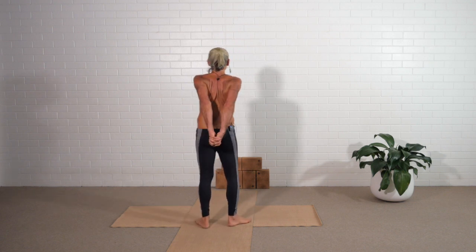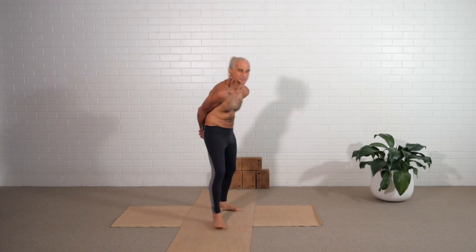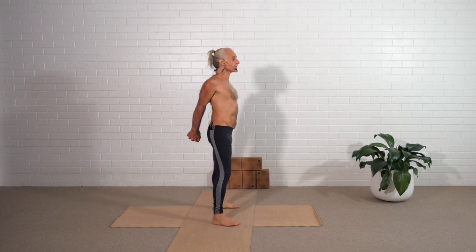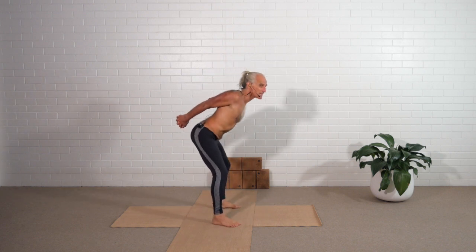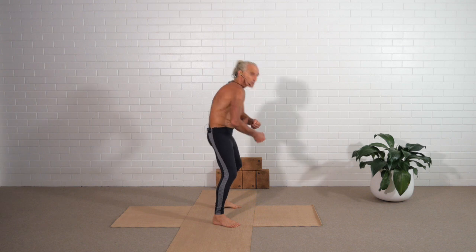What you don't want to do is this. Many people will want to let the shoulder blades go forward when they bend forward. If you do that, the exercise won't work. And the other thing that some people do is they keep the shoulder blades back, but they bend from the hips. See, I'm bending from my hips, not my spine. What you want is to bend the spine forward while pulling the shoulder blades back,